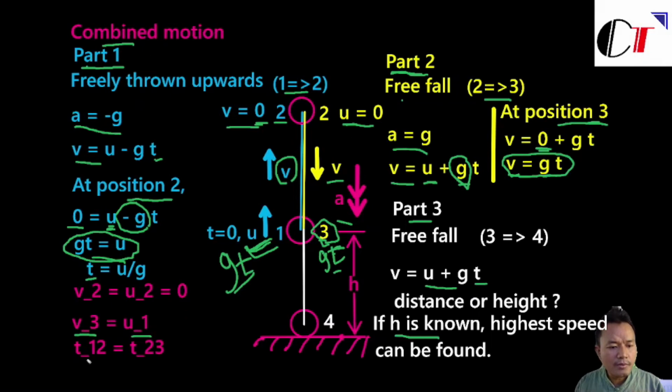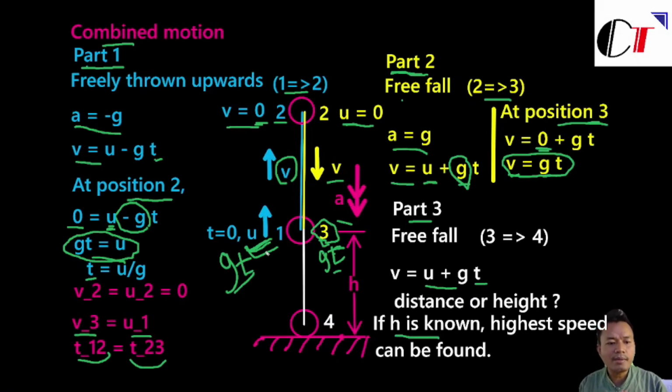So this means the time taken from 1 to 2, t12, just equals the time taken from 2 to 3. So if you are asked to find the total time taken from position 1 to 3, this means after you initially throw your particle upwards freely, you want to find the time taken from that initial position to position 3, after the object free falls and passes the original height. In that case, the time taken will be the same. So you don't have to find the time taken for both sides. You just find the time taken for one side, and then you multiply by 2,